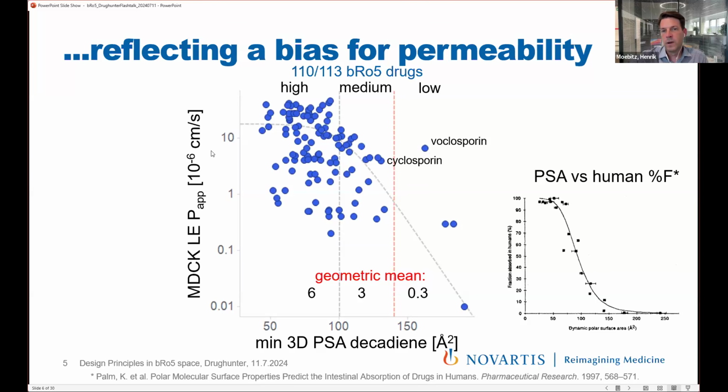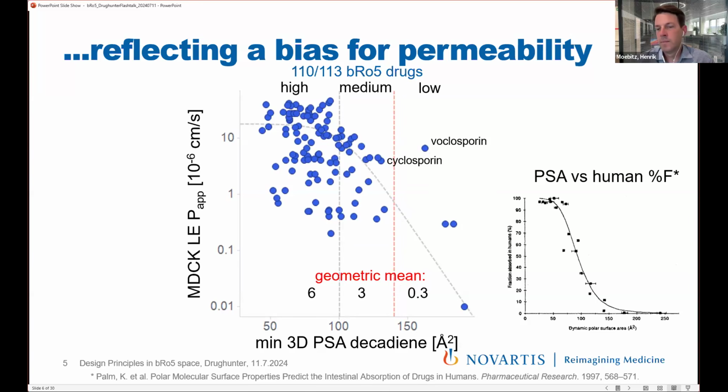So the red line is 140, that's the Weber limit. And the gray line is 100. This is a value that we found predicts quite often more than 10. And this was also the value that was found in a Pfizer publication. The trend, although weakly